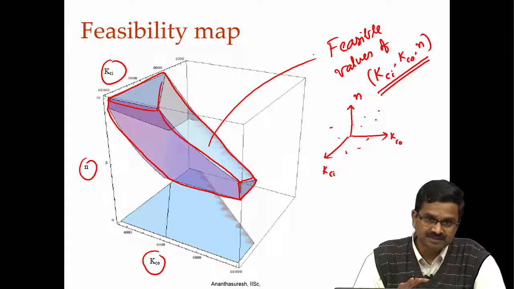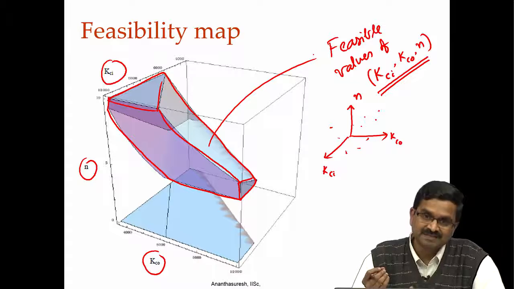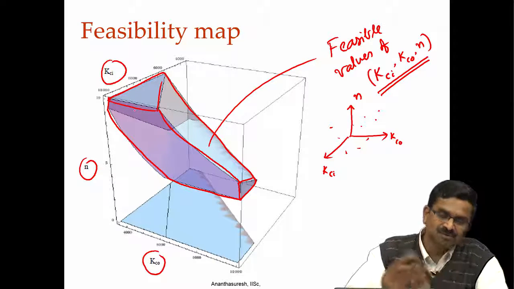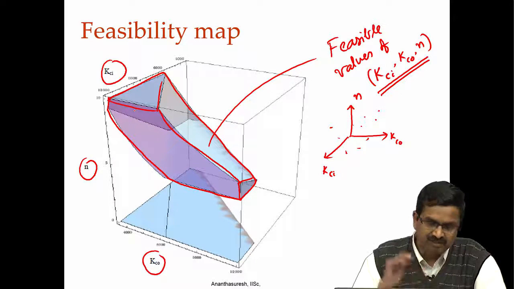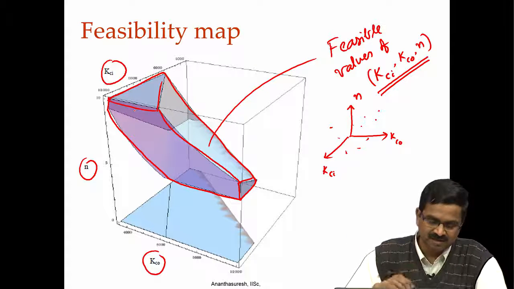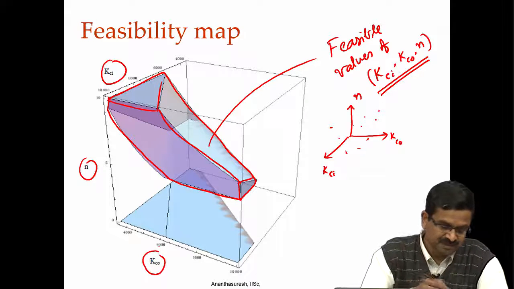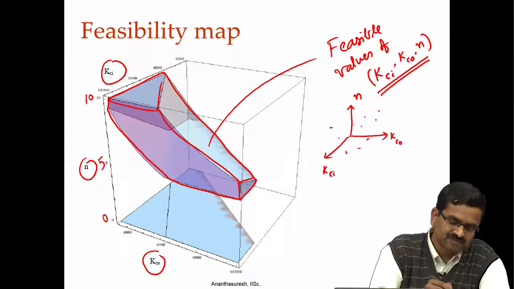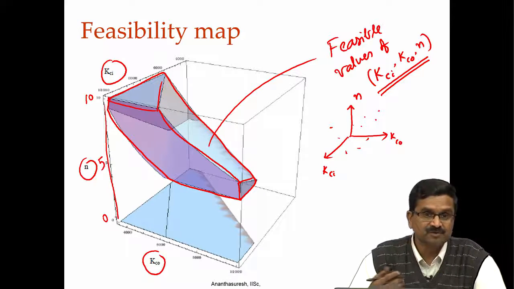It is a map in 3 dimensions, but a 3 dimensional map, even though you can draw it with little difficulty, on a computer screen is not as easy to manipulate and see. Even here you do not know how the actual 3 dimensional shape is in one 2 dimensional image like it is taken now. You need to be able to really rotate this map and then see how the values of KCI, KCO and N change. N can be positive or negative. In this particular case, N only has positive values because this is 0 and this is 10 and this is 5, this is the N axis in this case, but sometimes it could be negative also.